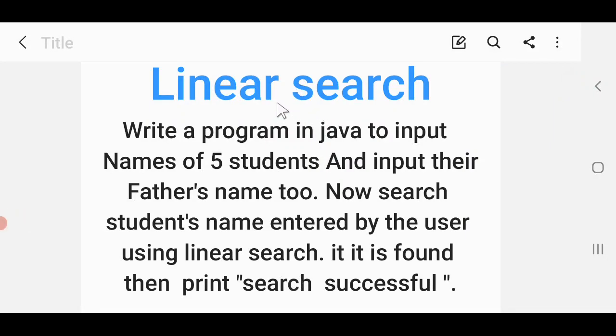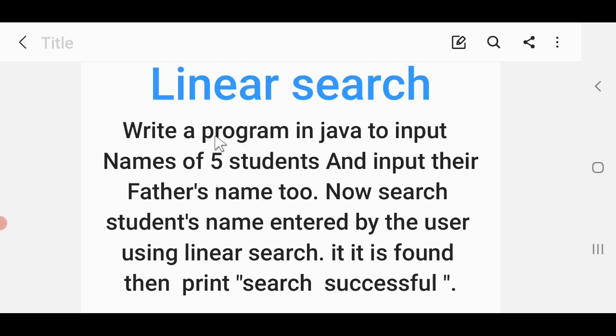Before watching this video, I would suggest you please watch my previous video of the linear search, where the entire concept has been explained in great detail. As we all know, linear search can be performed upon an array which has sorted data as well as unsorted data. The key idea of the linear search is that we have to match the data to be searched with each and every data element of the array.